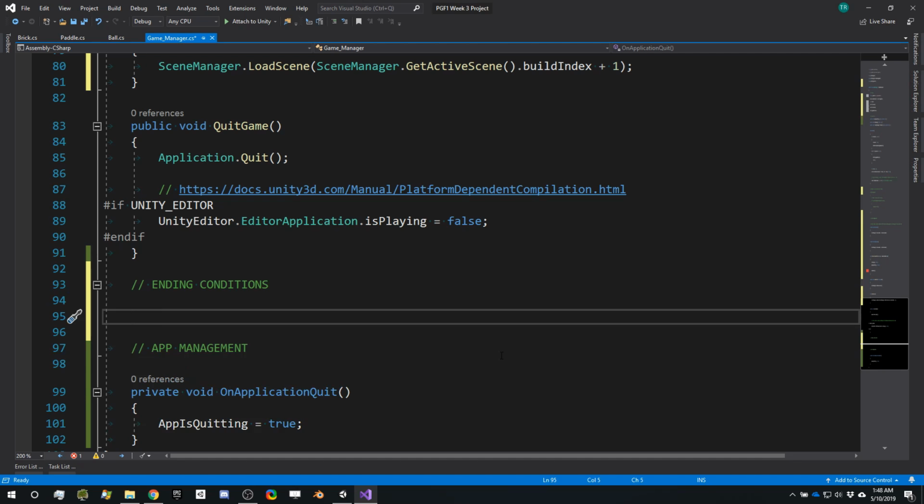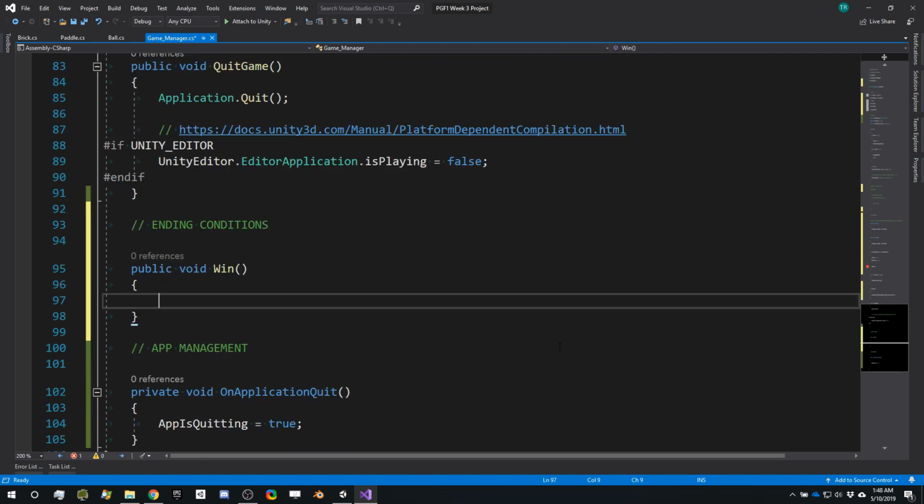Now, we said both of these methods were called from elsewhere. So if we destroy all the bricks, we win. If we hit the floor with the ball, we lose. So public, return nothing, void, and then win. And inside win, what we want to do is